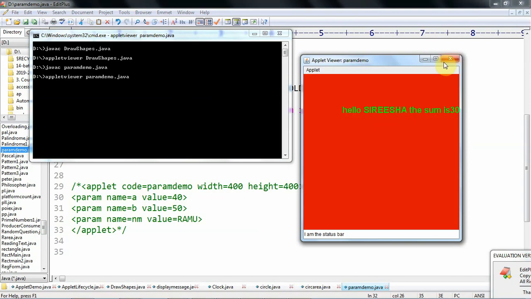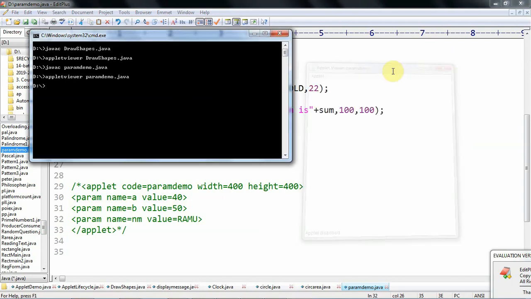I close this one. After changing the parameters, there is no necessity to compile the program again, because we made the changes in the applet tag. So that's why there is no necessity of compiling the program again.